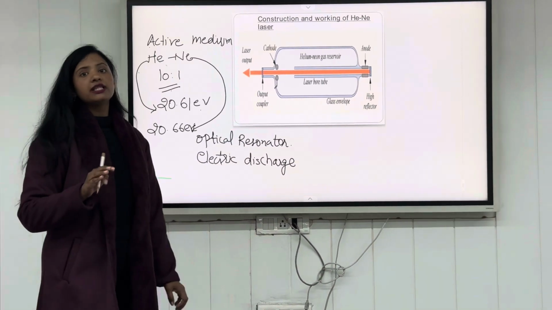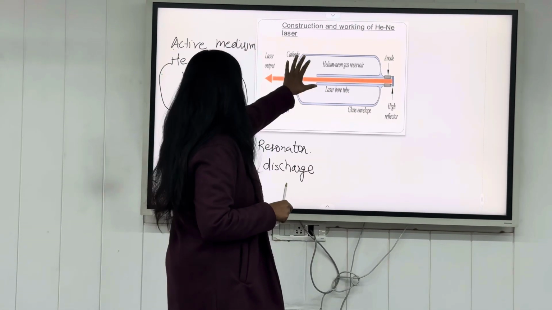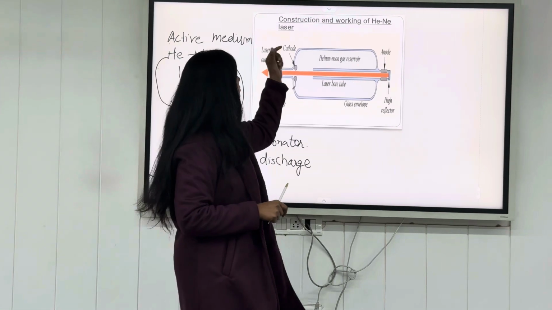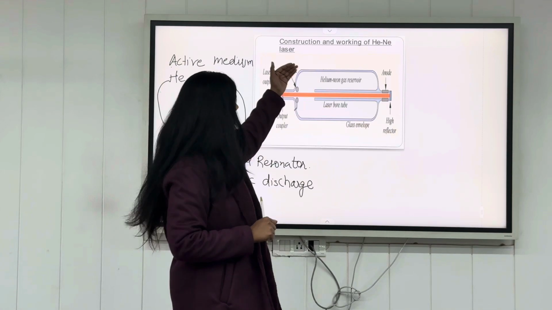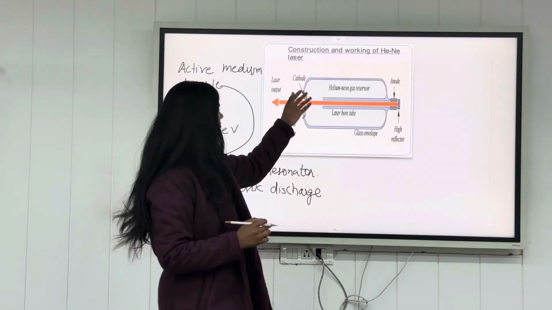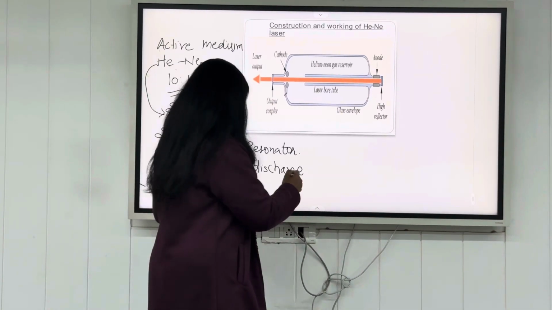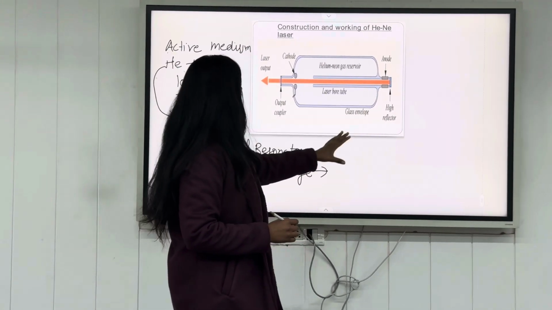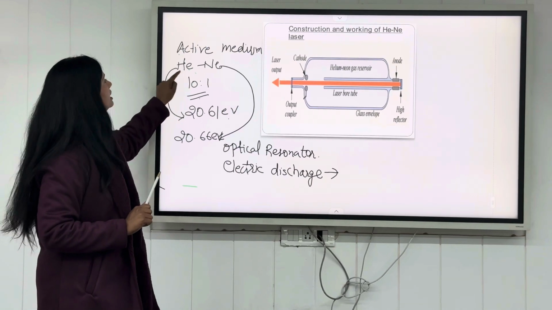electric discharge. That means here we are using current to excite the helium atoms, and those helium atoms will move to the higher energy state, and after colliding with the neon atoms, they will excite the electrons present in the lower energy level of neon. So these are the three components and construction of the helium-neon laser, in which points to be remembered: helium-neon